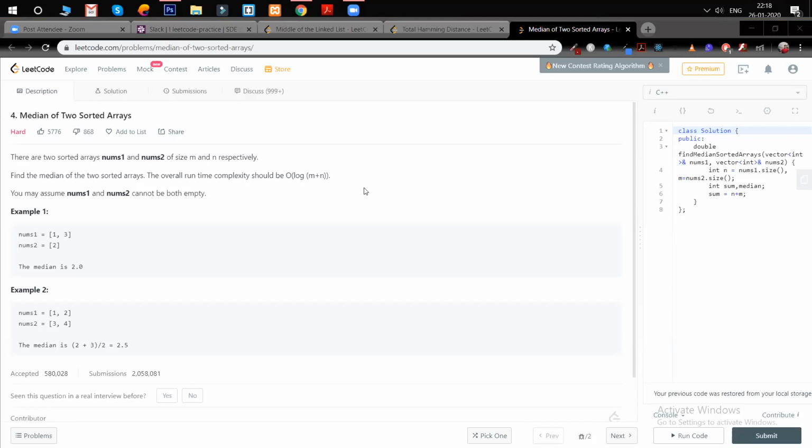Yeah, similar to that only. I have seen many problems like that. We have a 2D matrix, and each row is sorted, and we have to get the middle element. It's somewhat like that, but here we have just two different